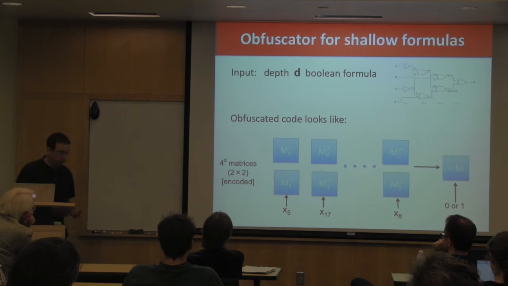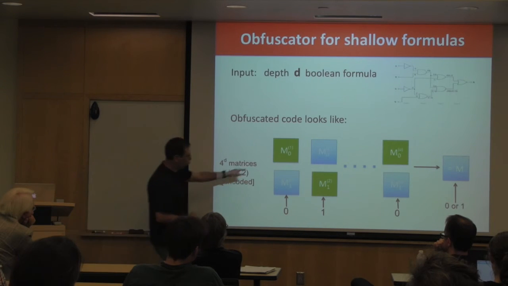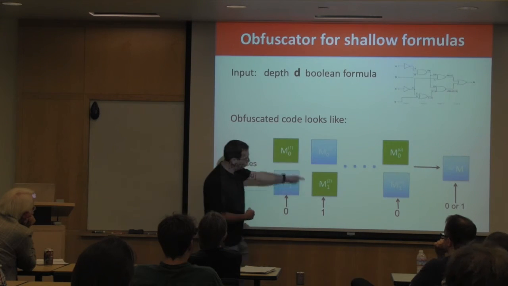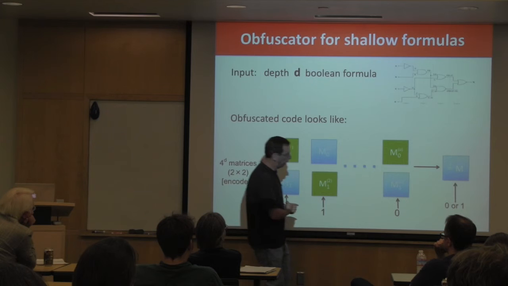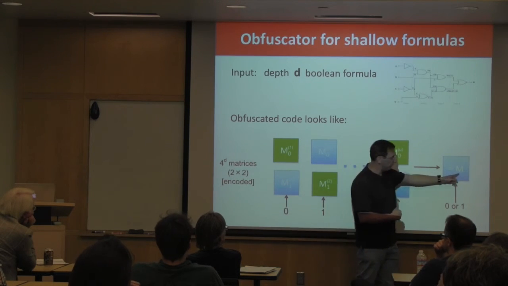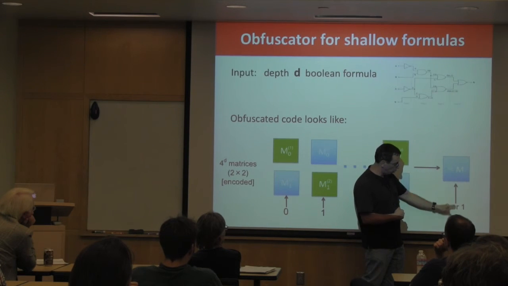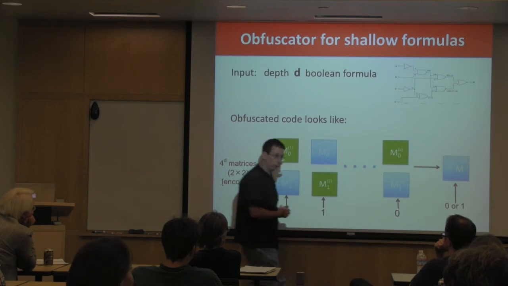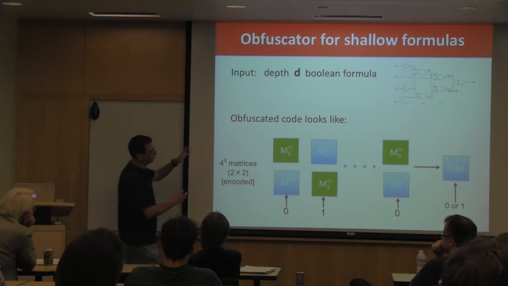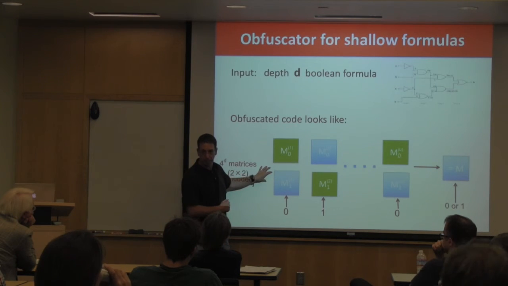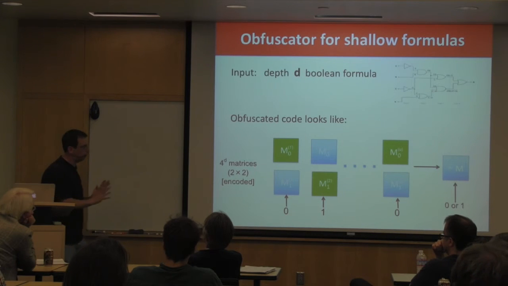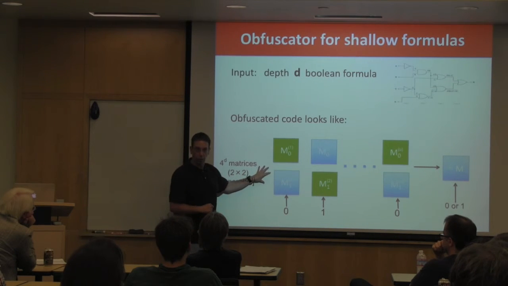Now, for a particular setting of the inputs, you choose one, like 0 means up and 1 means down. So for each setting of the input, you choose one particular path through these pairs. You compute the matrix product, and you compare that to one fixed matrix. If the equality holds, you say the output is 1. If equality doesn't hold, you say the output is 0. So that's step number 1. Basically, we take the formula and we write it in matrix form. There's a theorem that says that you can take any depth D formula and write it in matrix form like this, where you need 4 to the D matrices.